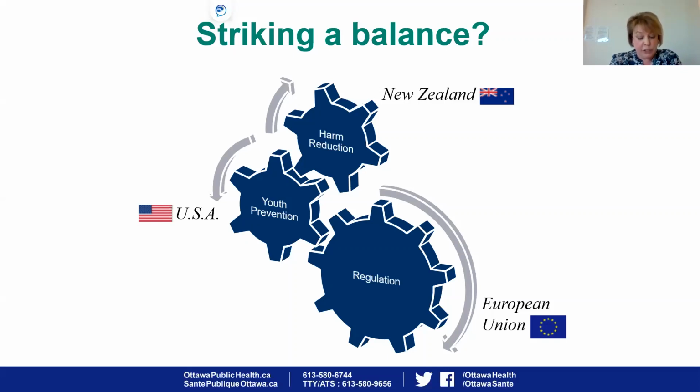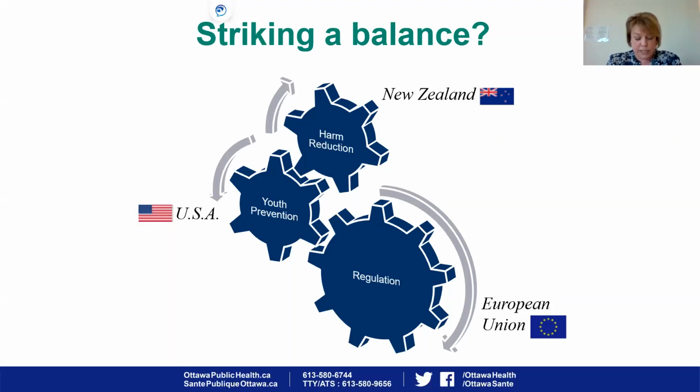The European Union has acknowledged the harm reduction potential of vaping, but with regulations. For example, the EU caps nicotine concentration at 20 milligrams per milliliter, but Canada has set a limit at 66 milligrams per milliliter, the amount determined to be highly toxic. New Zealand, in many ways, is actively promoting harm reduction potential, but has not imposed some regulations common to other countries. For example, residents can smoke in areas where smoking is prohibited.